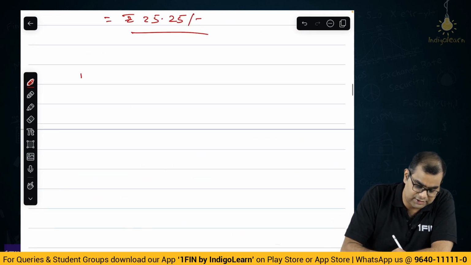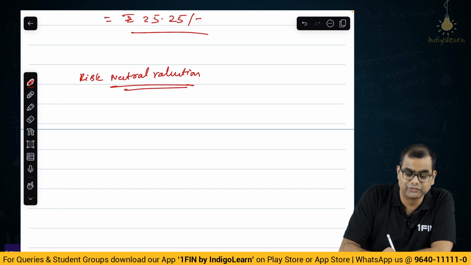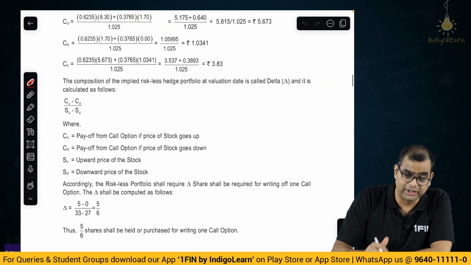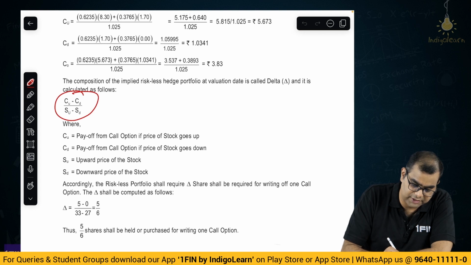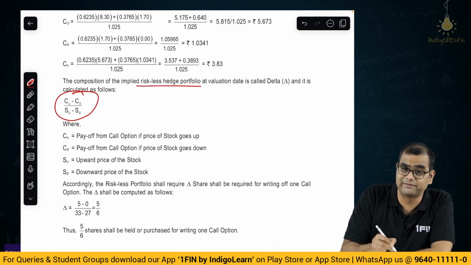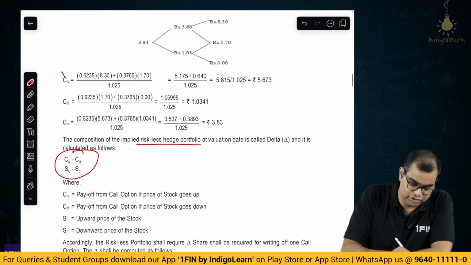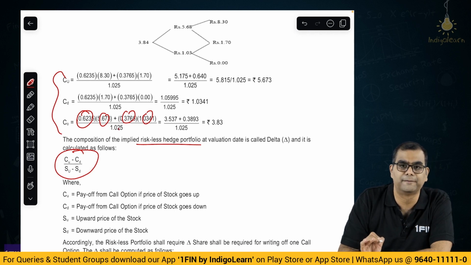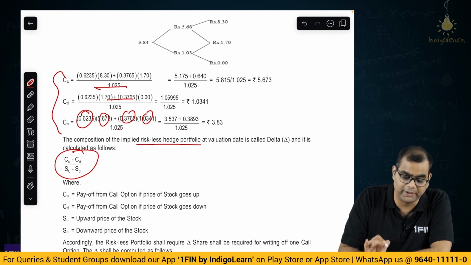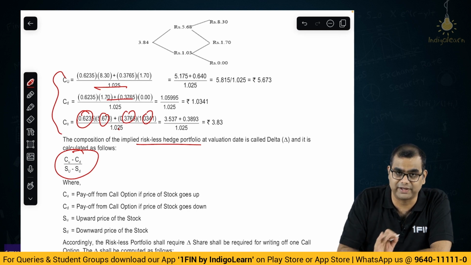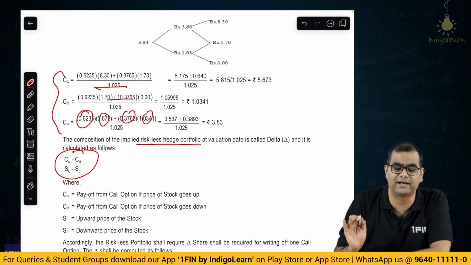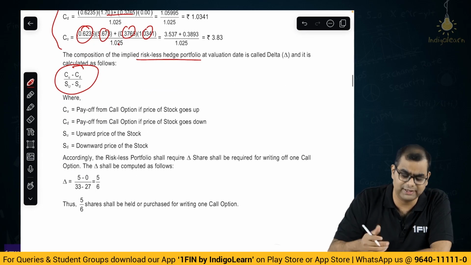Now coming to the next part, risk neutral valuation. What is risk neutral valuation? In our material, again I will come back to the material. Even in binomial, they themselves have given a riskless hedge portfolio, but only when they have asked specifically to create a riskless hedge portfolio. Otherwise, their solution is fully probability into payoff, and so on. It is all led by probabilities into payoff, not by anything else. So if anyone says that you cannot have probability, I disagree 100%, because the institute material itself says so.